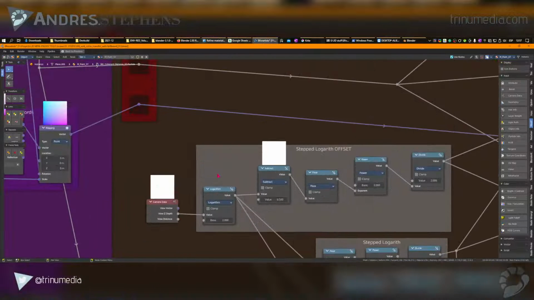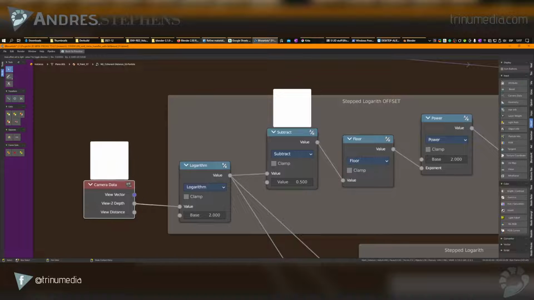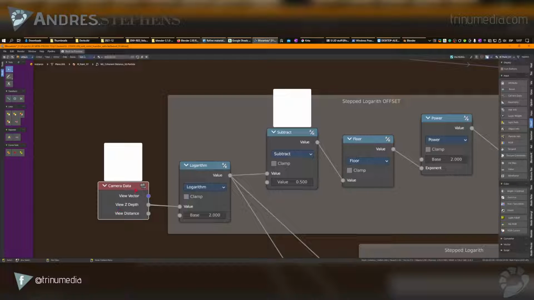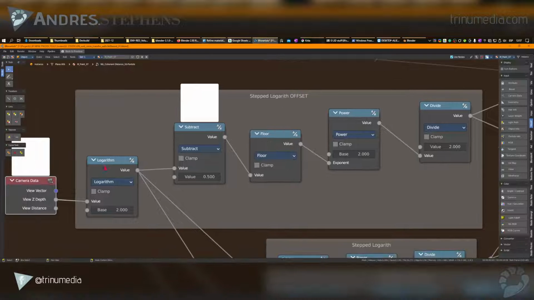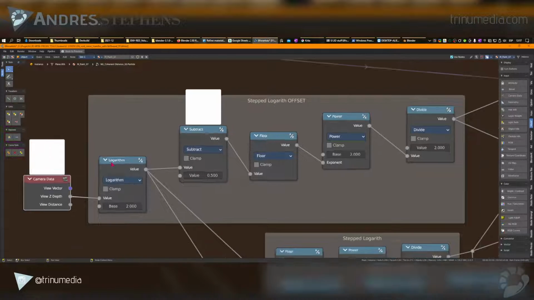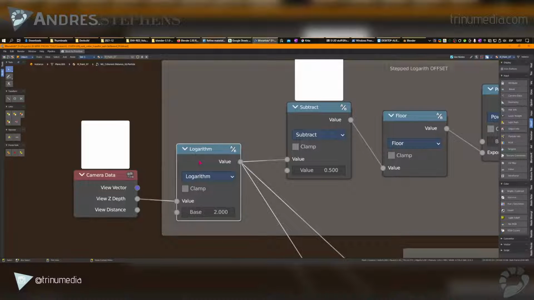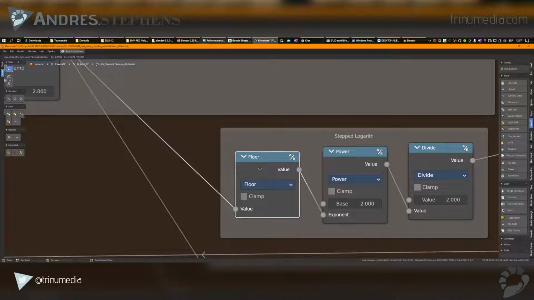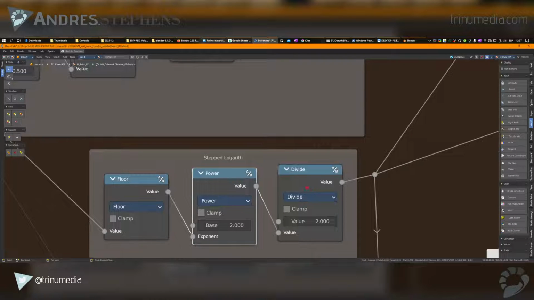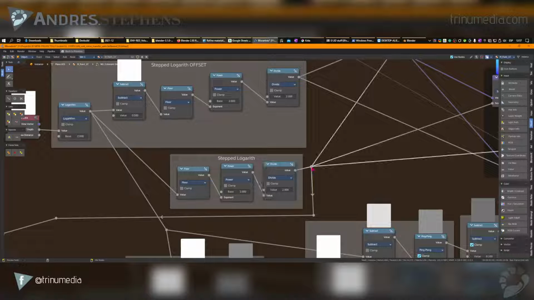And Devonshaw, if you're still here, the Z depth is what you use from the camera data to drive the distance of the UV scale. You use a logarithm with a base of 2, then you floor it, use a power, and you divide it by 2 again, and this will help you create, if we take a closer look